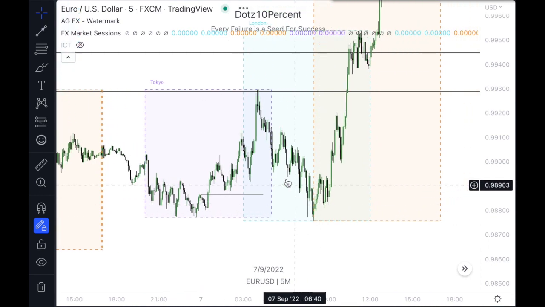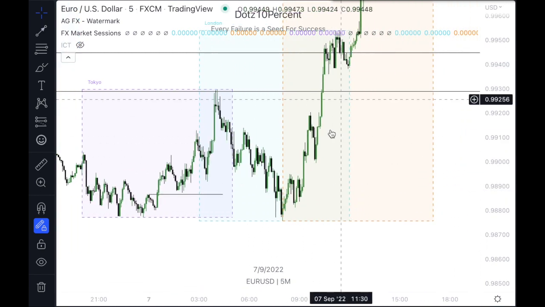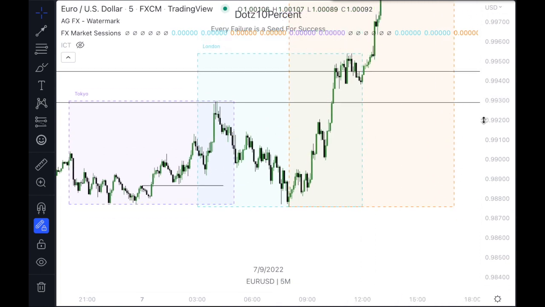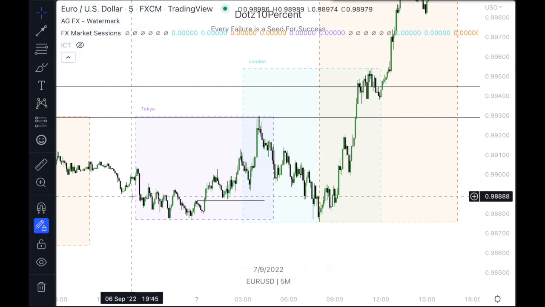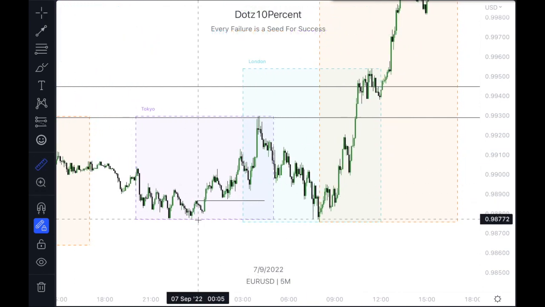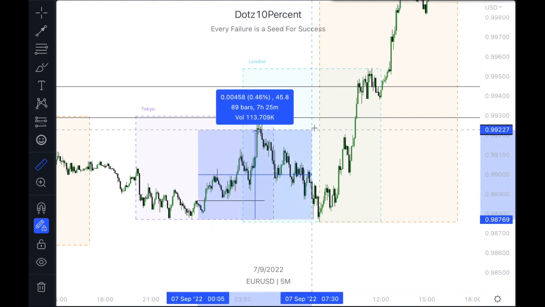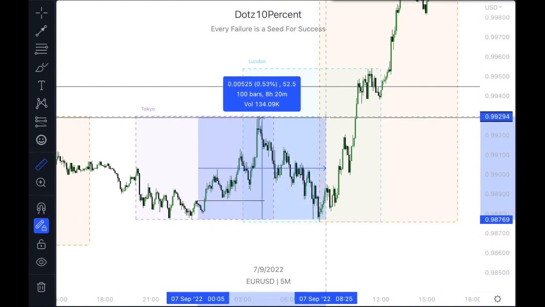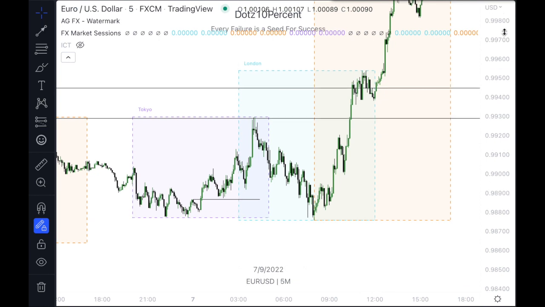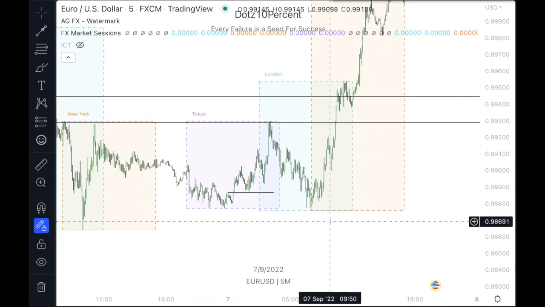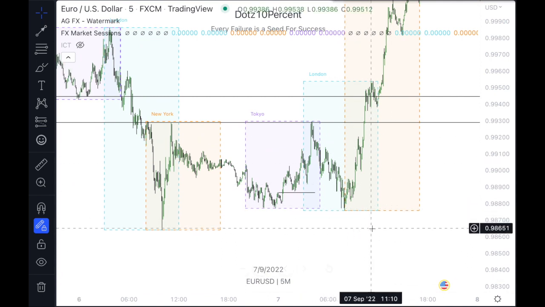Asia consolidated, London offered a Judas, and New York gave us this strong reversal and continuation. Now, from here to here, let's measure something. From Asia low to London high is only 52 pips. Only. Why am I saying only, right? The ADR for today was around 124 pips. 124 pip ADR. So we were either going to get a very strong move down here,